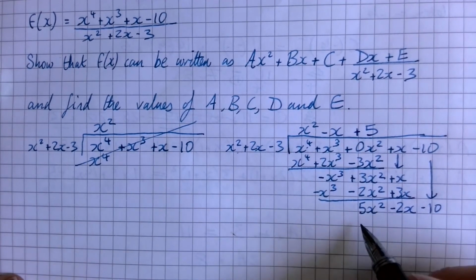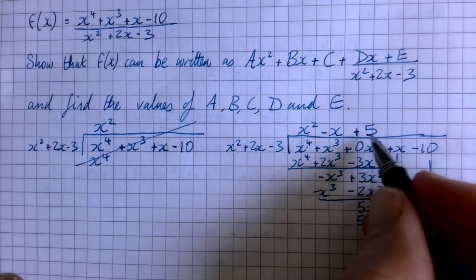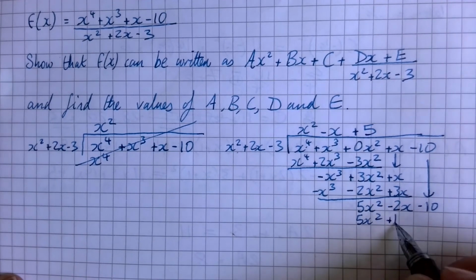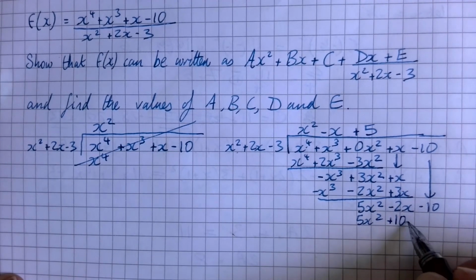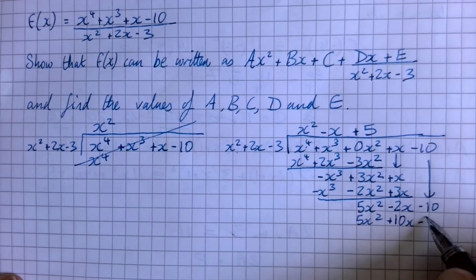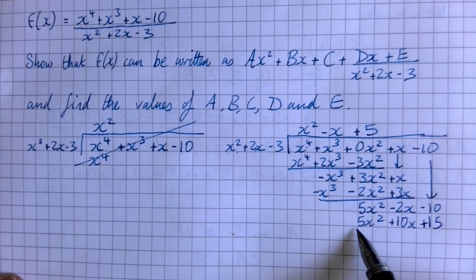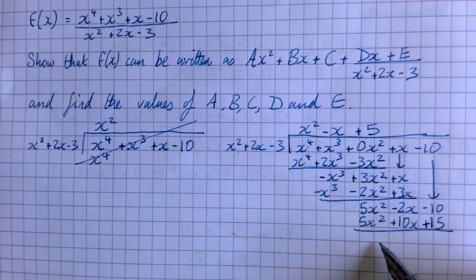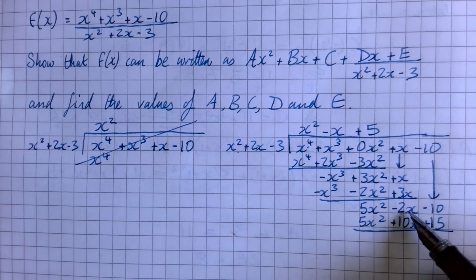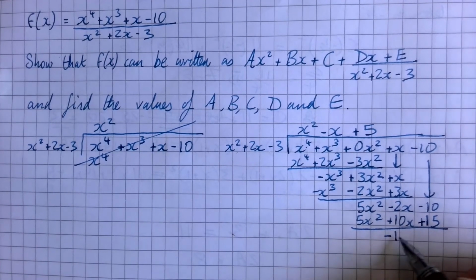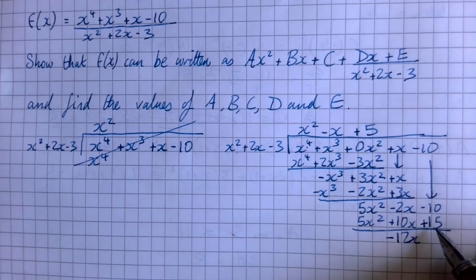Now timesing all of these, I get 5x squared. I get 5 times 2x is plus 10x, and I get 5 times negative 3 is plus 15. Now when I go to take all of these away, they disappear. Negative 2 take 10 is minus 12x. Negative 10 take